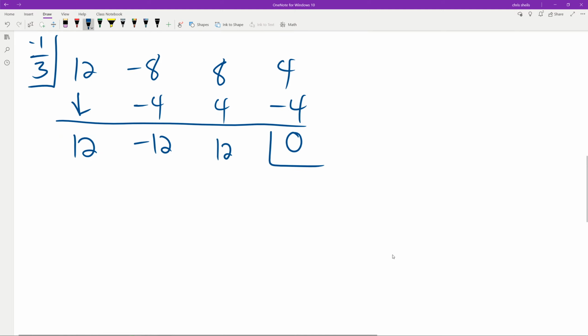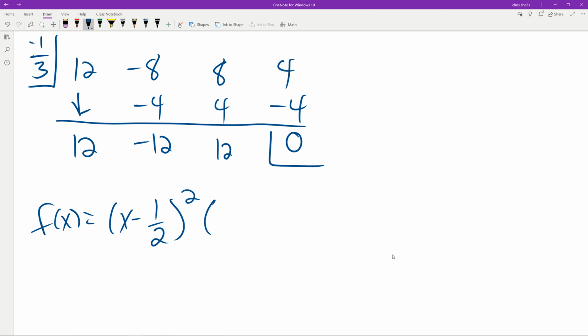So far, I've been able to factor this polynomial to say that f of x is equal to x minus 1/2 squared, because if x is equal to positive 1/2, then the corresponding factor here is x minus 1/2. And this is squared because it has multiplicity 2, times x plus 1/3